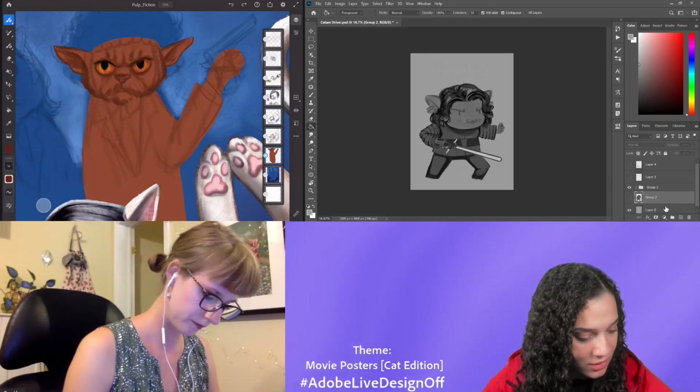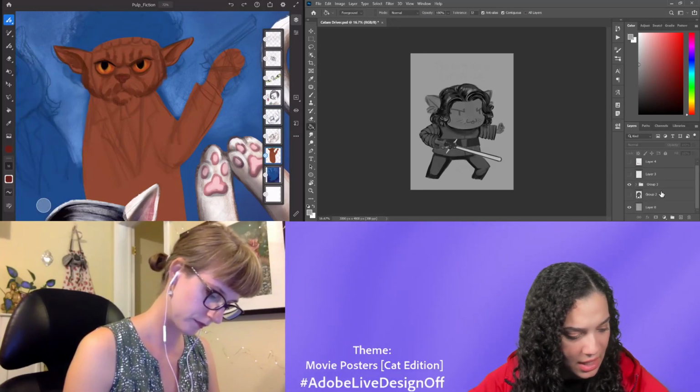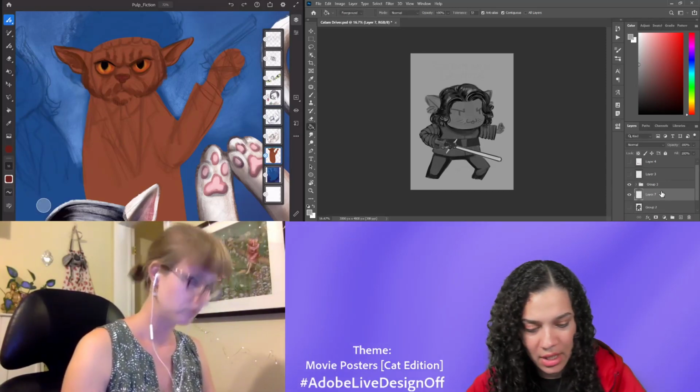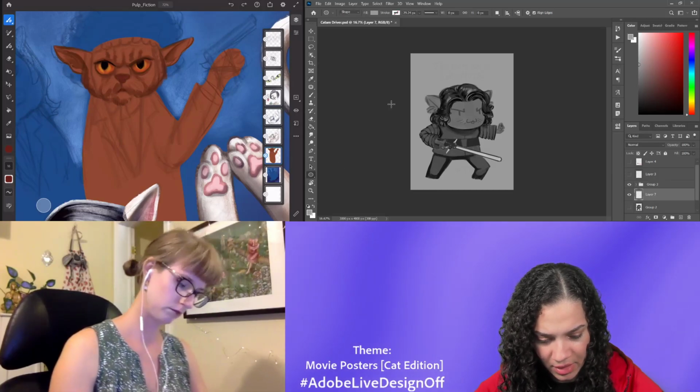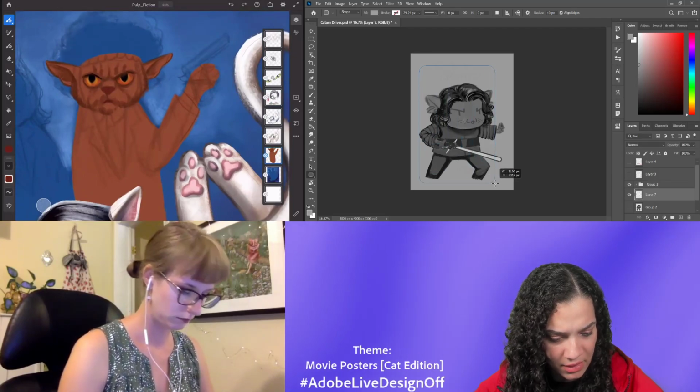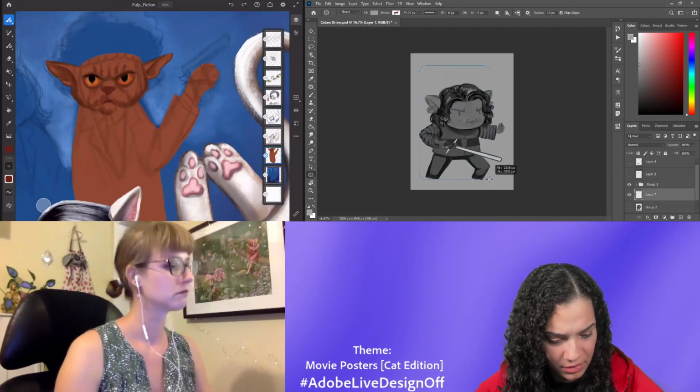All right, I think I'm going to go ahead and add a little background shape here before I throw in my colors and maybe add some textures and things. I'm not sure yet.